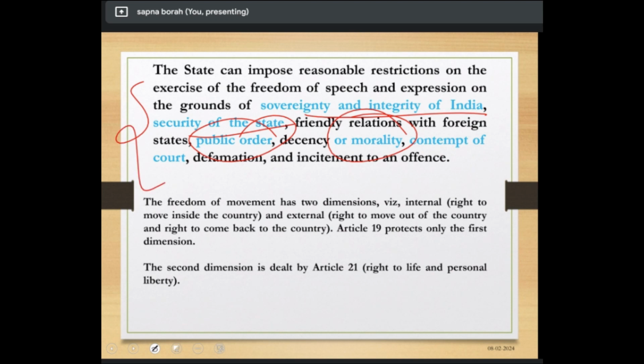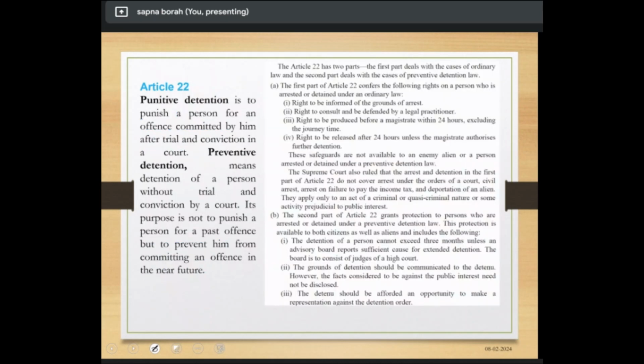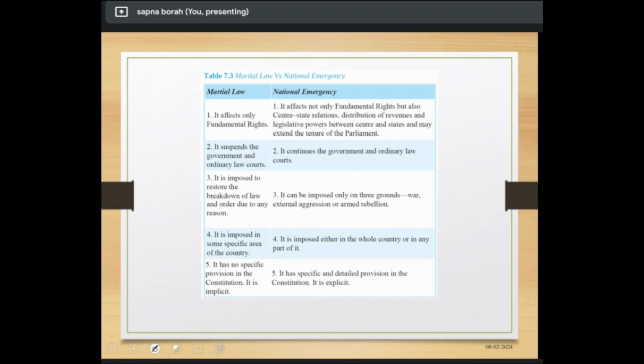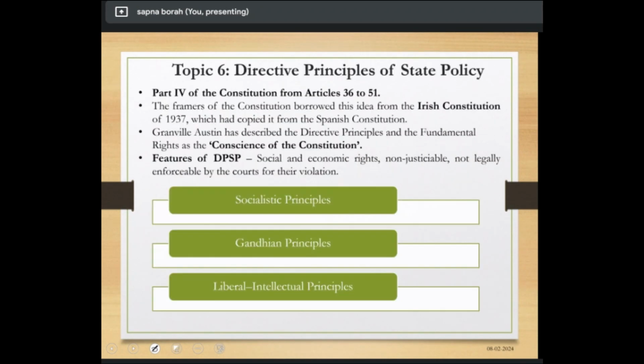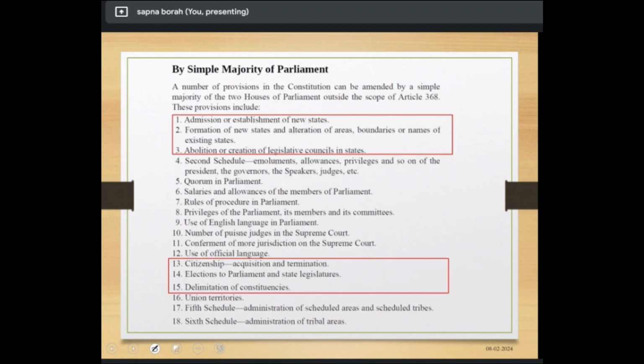Sovereignty, integrity, security will be the same, but public order, morality, contempt of court are not grounds for emergency. So they'll add up topics to confuse you, but they are the same words. Sovereignty, integrity, unity, security can be a reason for emergency, but public order, morality, contempt of court are not. The constitution has confusingly similar terms, and they will always try to mess up with those. So what does emergency do? The rationale behind emergency is related only to the